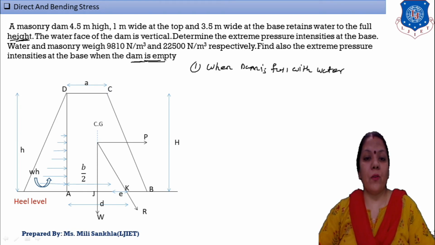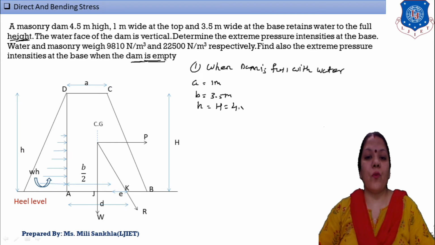One by one write down. a is equal to given 1 meter, then bottom width B is given 3.5 meter, and height of dam, that means capital H is equal to 4.5 meter, and water density, small w, is given